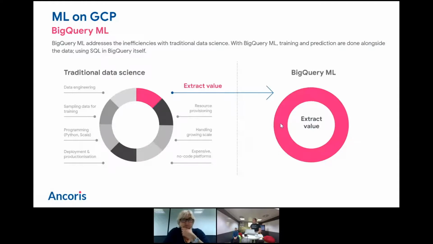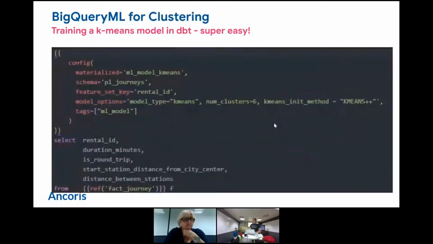In BigQuery ML, if I show you that model, this is that exact model I just showed you. That's how I train it. We've hidden some of this in a macro in dbt. It's actually a dbt model, but basically you can see my select statement down here. I'm taking the station ID, I think that is... oh no, sorry, that's the actual journey, isn't it? I think this clustering was something slightly different. Oh yeah, this is a slightly different use case actually, but you can see here